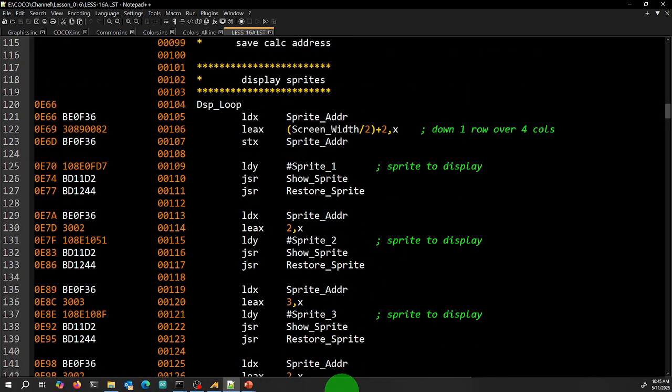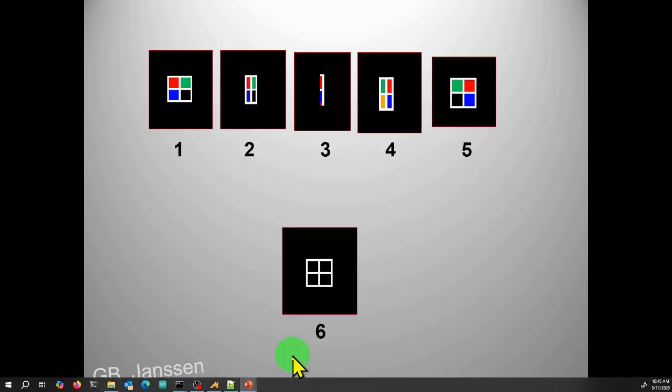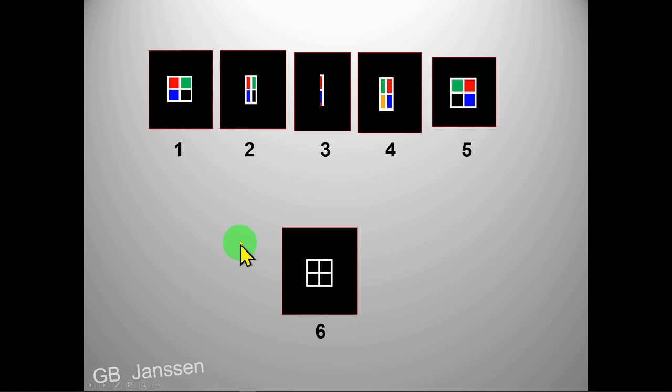I'm going to back up here for a second. What we're going to do is display sprite 1. Then we're going to do 2, then 3, then 4, then 5. After each one of these, we do a delay. Then we're going to come back and do 4. We'll do 3, we'll do 2, and before we show 1, in between here,